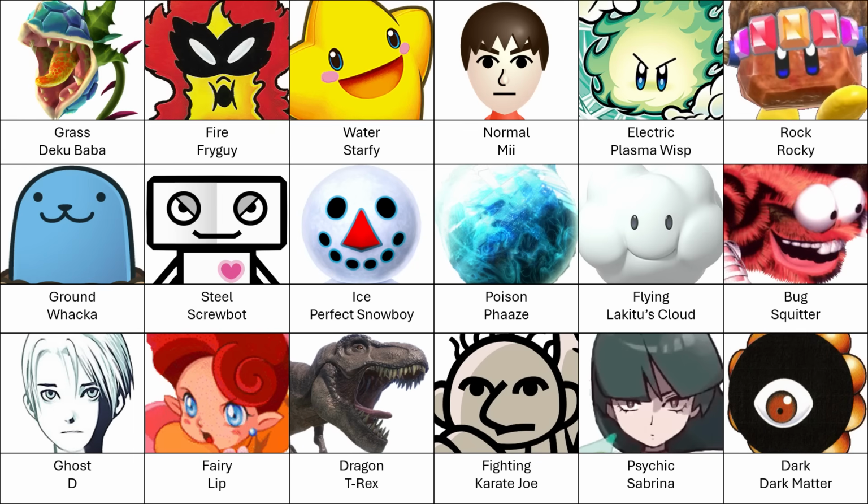I actually think a lot of these runners-up are kinda cool and quirky. Vars being a literal planet, Larkitu's Cloud and Perfect Snowboy being really unexpected, and even Whacker got in there after getting voted in a few categories. Also, Squitter does get on here in this form, so no one can be too mad at Ant for taking